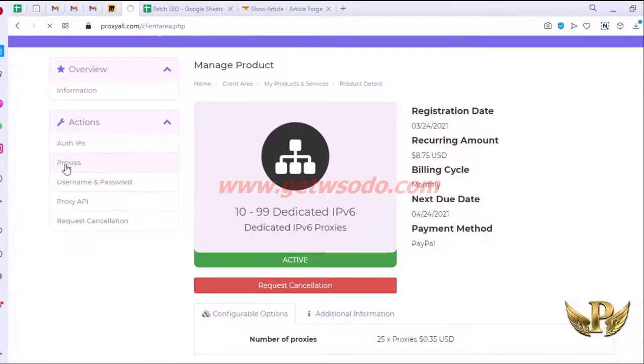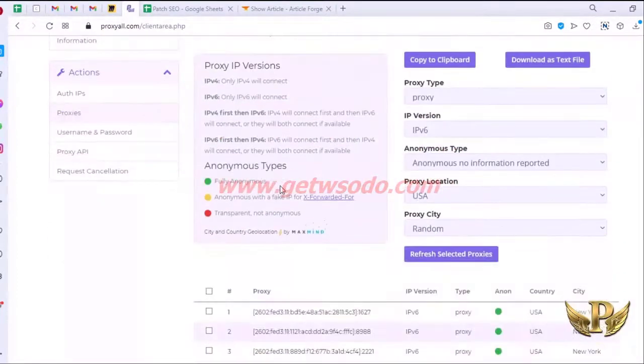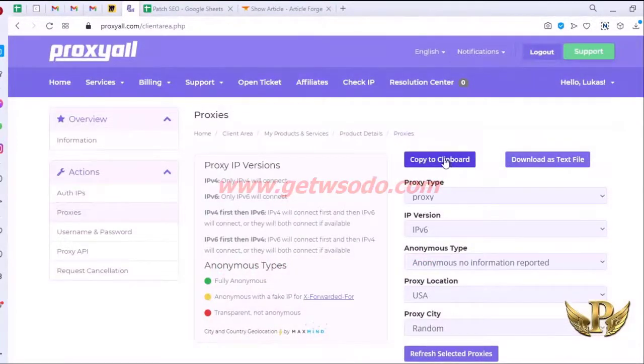So what you do is you come over here, click on proxies, and then you can just download as text file or copy to clipboard. And then after you copy it,